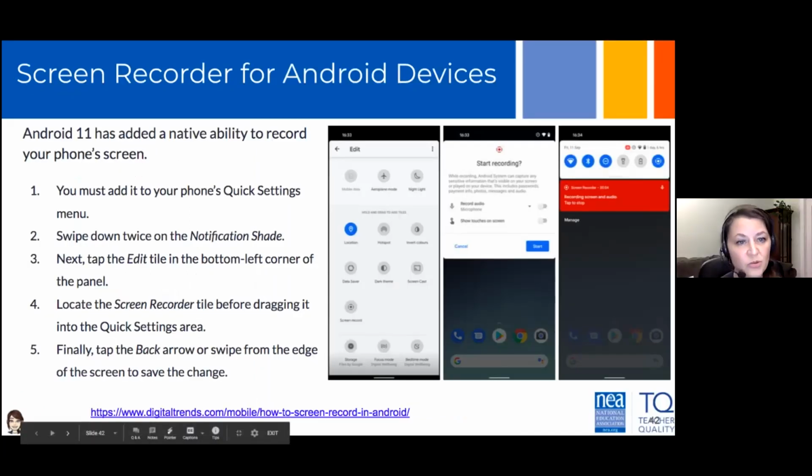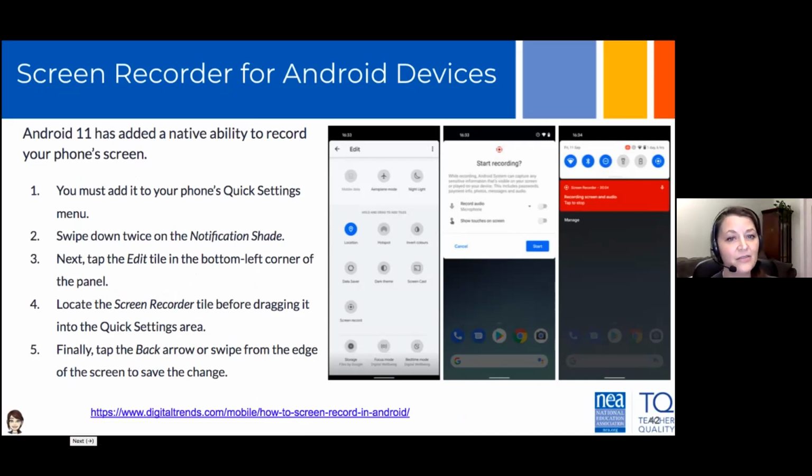For those of you who are Android users, Android 11 has a native ability to record your phone screen now. You have to add it to your phone's quick settings menu, okay? And to do that, swipe down twice on the notification shade, like in the picture here.